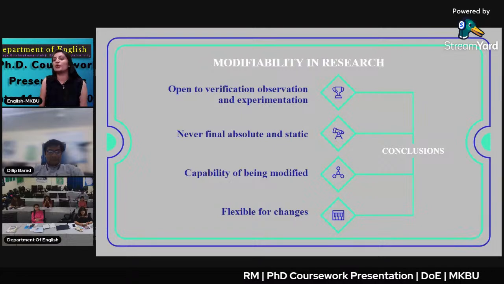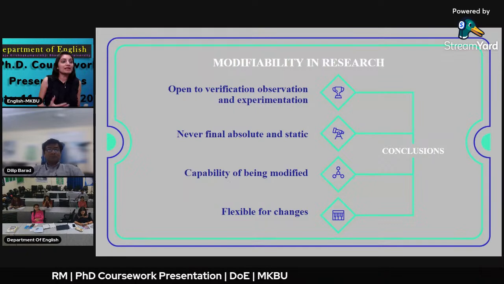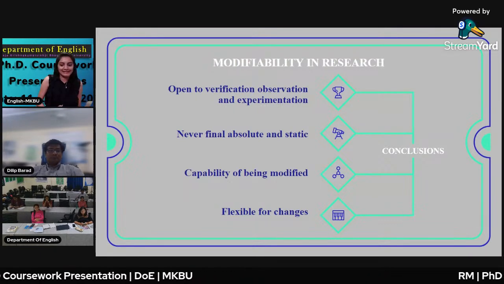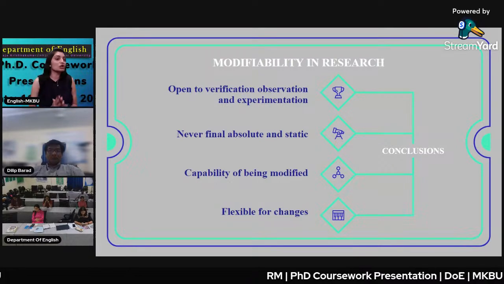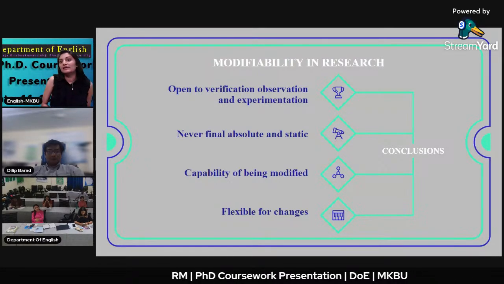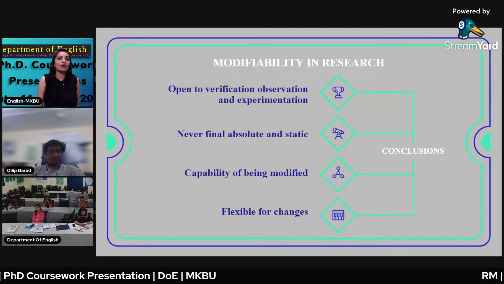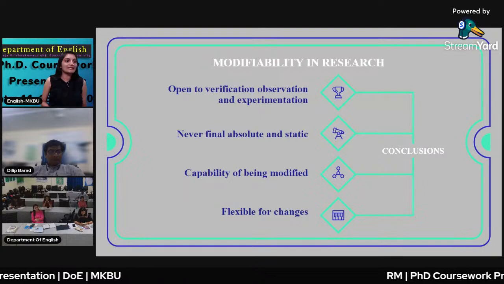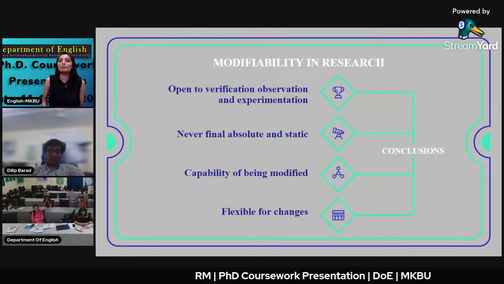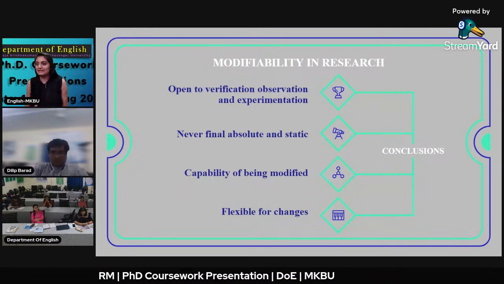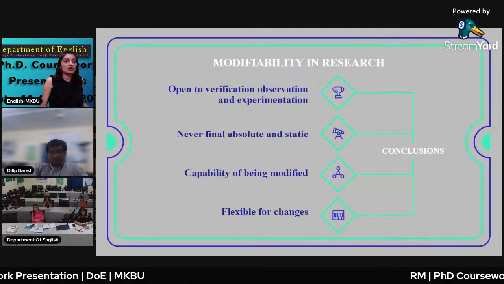Our research is also called flexible because any people can comment on this, or any people can work on it with their own modified ideas. Never final or absolute static, which means conclusions are perhaps never final. Open-ended research, we know. Conclusions can never be final. All can give their opinions, observations, and anything. So this is the flexibility of our research, and we have to be more flexible if we are doing research. If we stay in one state and get stuck in that, then we won't find more things which are going to happen well